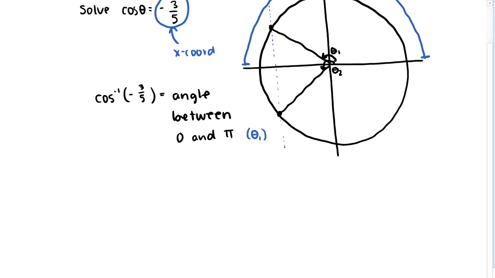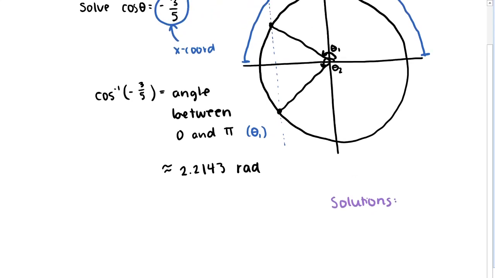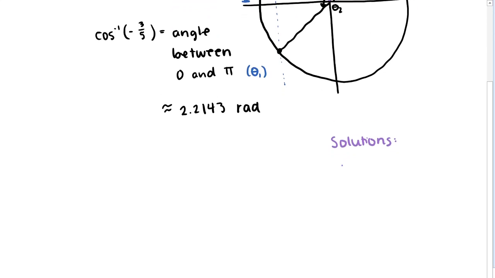And so when we evaluate this with a calculator, what we get is approximately 2.2143, again, radians. And so if I'm going to list my solutions, well, we get one such solution at this angle here. That's what we found at 2.2143 radians, and then any coterminal angle. So here I'm going to write this as theta is equal to, or maybe I should say approximately